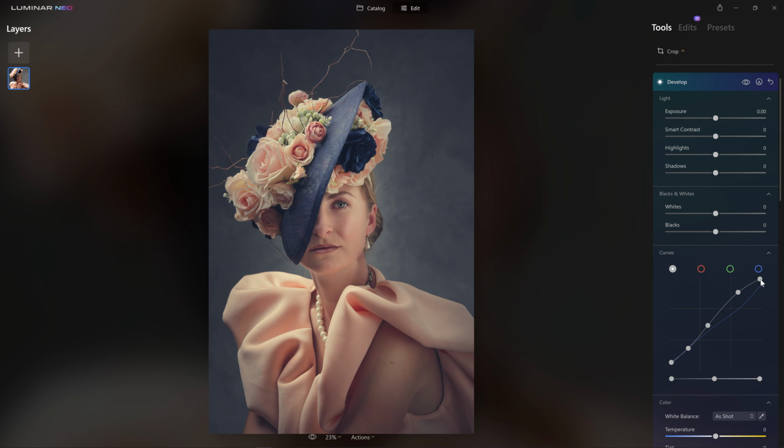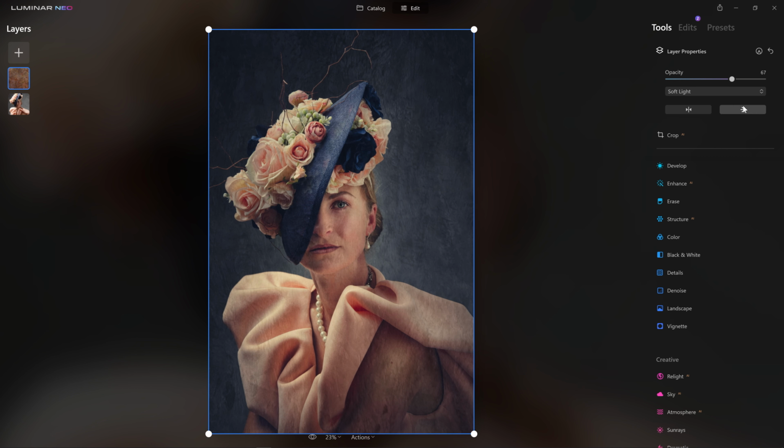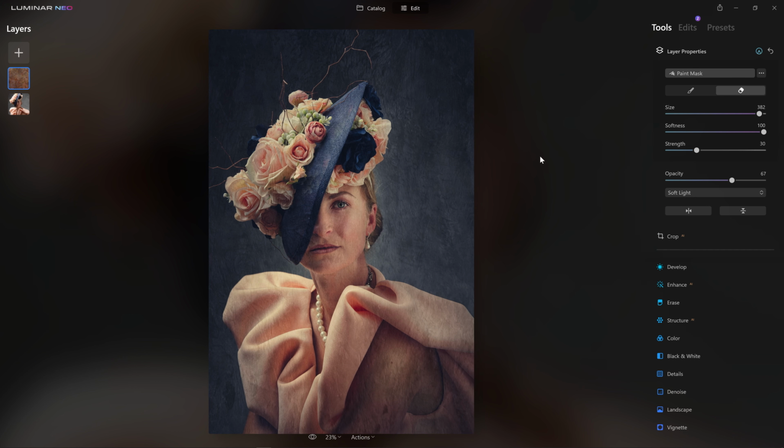Here I'm just going to drop the opacity down slightly, and then I'm flipping it around using the reflection tools. Reflect horizontally, vertically, see which way I like that texture to sit. And then I'm not a fan of the texture showing up on the model's skin, potentially not on the clothes either. And so I'm going to come in and just remove that, particularly from her face at 100%, make sure most of it's gone from her arm, and also remove just how heavy it is from the flowers and the dress